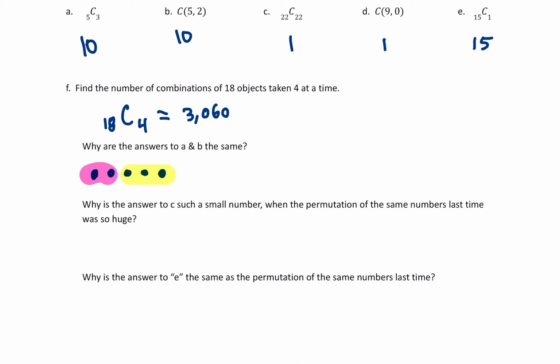It's the same line of 22 students, because order doesn't matter. So when I have 22 of something and I'm choosing 22 of them, it's always going to end up that 1 is my answer. So we can say here, because order doesn't matter,